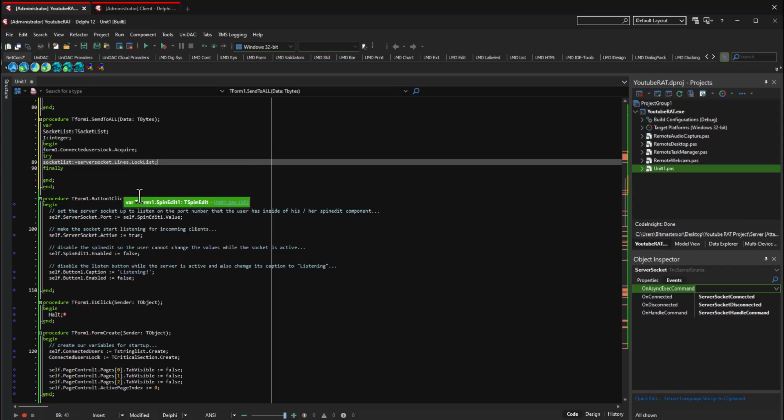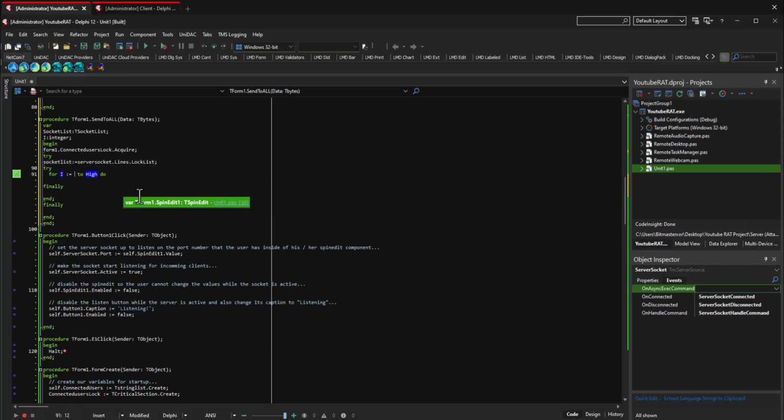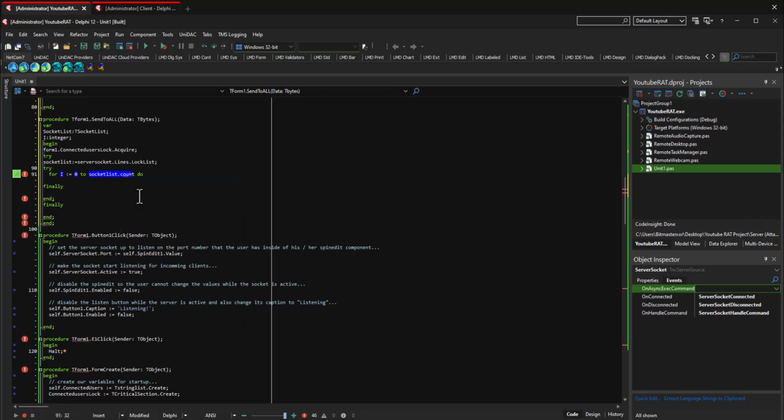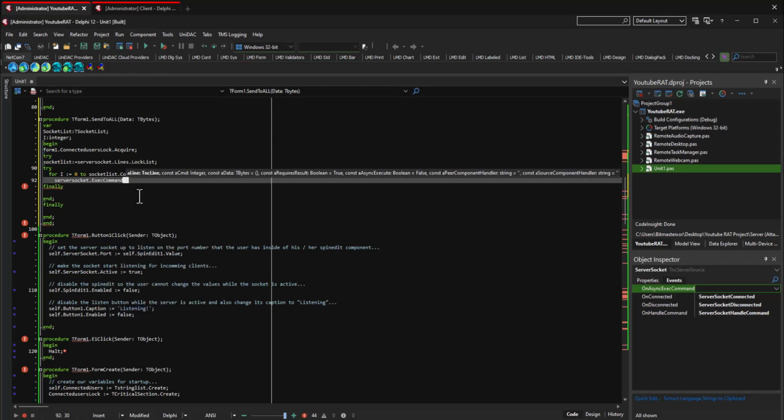And then we're going to come down yet again and do another try: for I equals 0 to a high of SocketList.Count - 1. So for every single person connected to us, do ServerSocket.ExecCommand, and we're going to put SocketList.Lines[I],